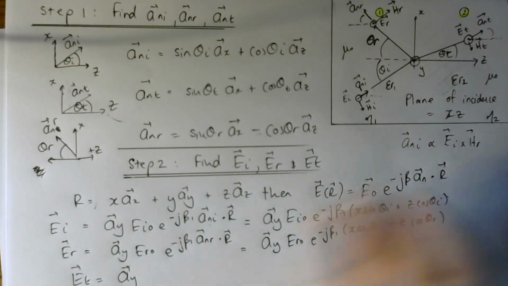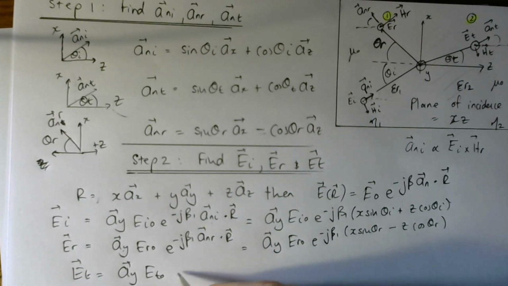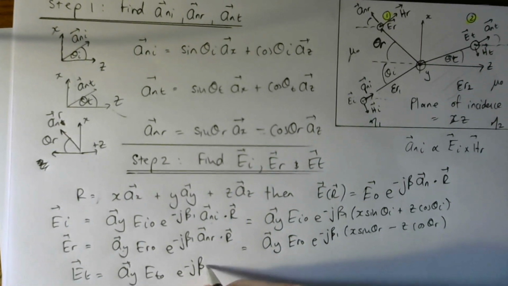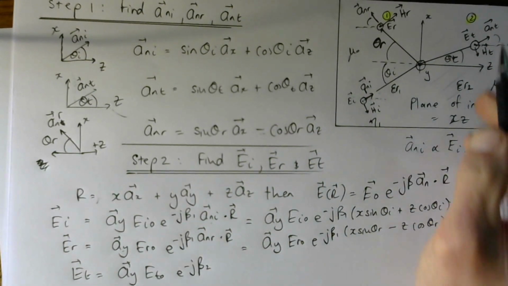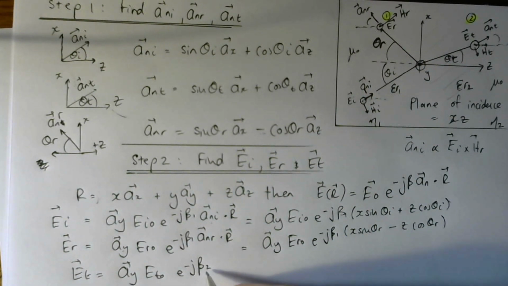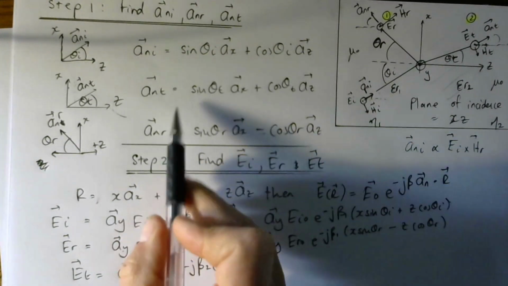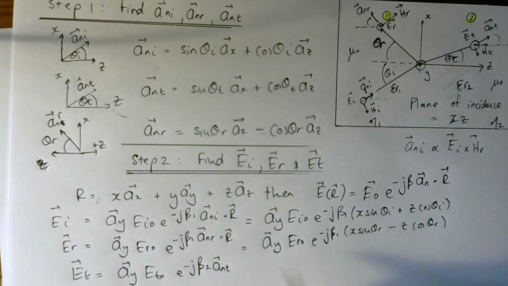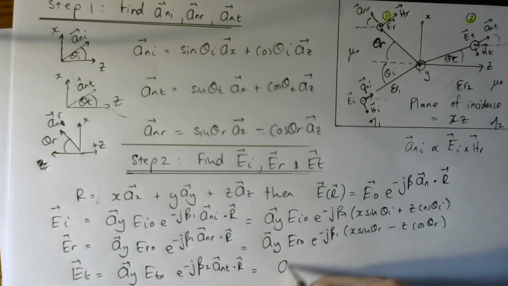This one comes out of the board, a_y, some unknown coefficient E_T0, e to the minus j, but now take care, beta 2, I'm giving it a subscript 2 because I'm working in region 2. E to the minus j beta 2, a_nT, this vector over here, dot r is equal to a_y E_T0 e